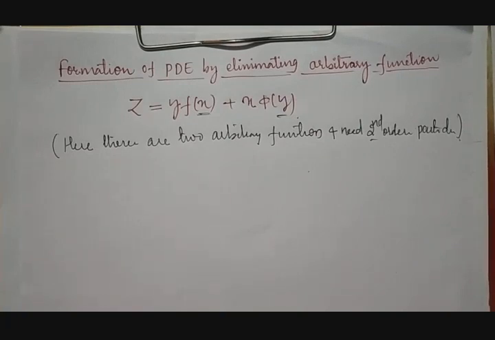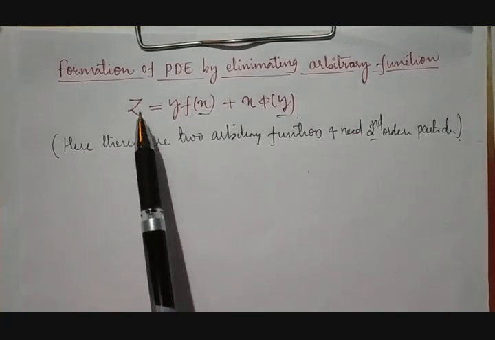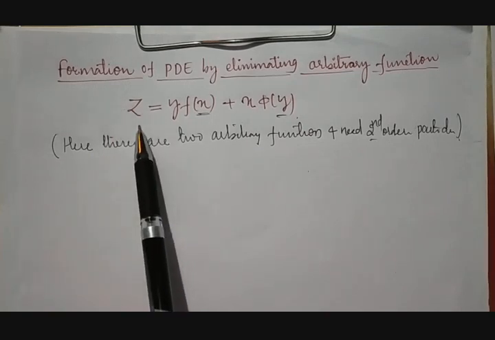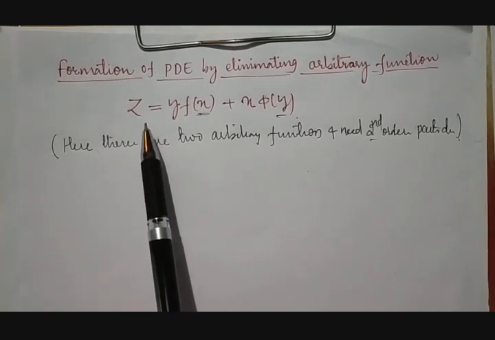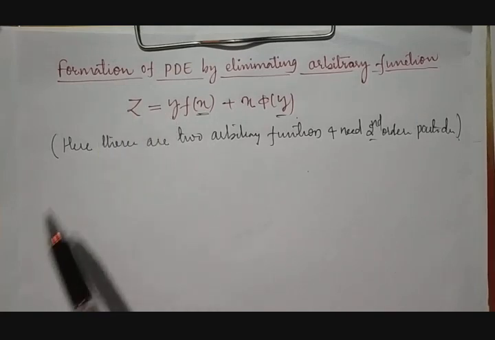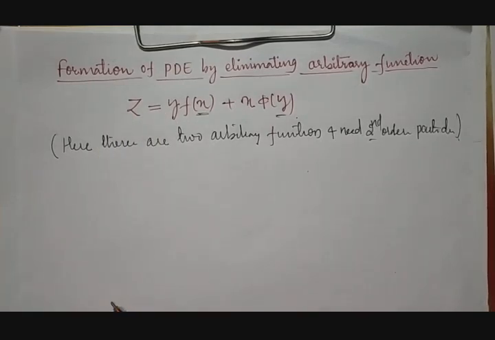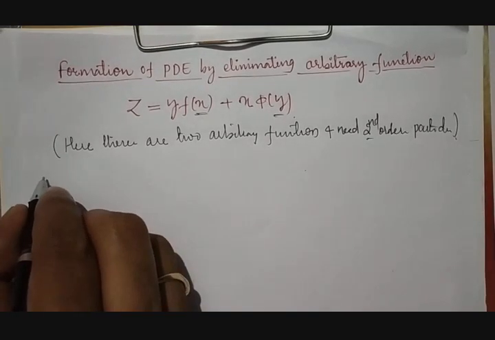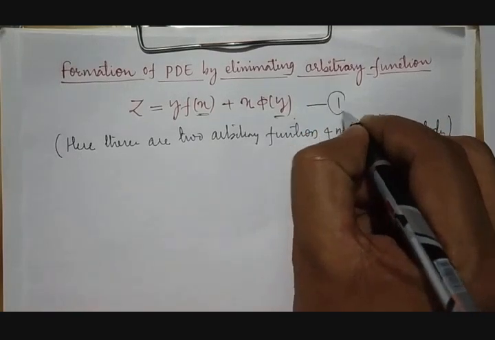So we need differentiation of this z with respect to x once again, and with respect to y once again, then total 4 derivatives. Then one more derivative we will be getting, that is also a second order partial derivative, and that is also called the mixed partial derivative. Okay, so we need to take total 5 derivatives. So first we will construct those only, then out of those derivatives we will try to get a solution. So very first, I'll call it equation number 1.